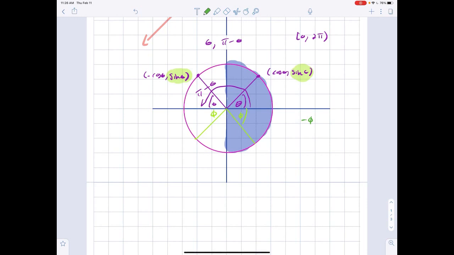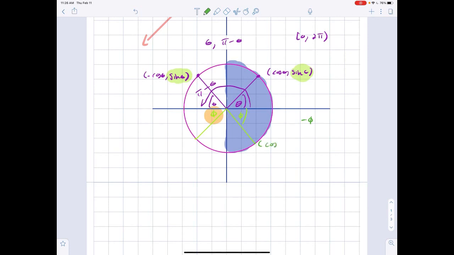Negative phi came out. Negative pi over 3 or something like that came out. Well, I'm going to put that makes this related acute angle in the neon green of pi over 3 or whatever it is with the x-axis. If I put the same angle there as the related acute angle in the third quadrant, the sine values at that point, rather, the cosine values are going to be